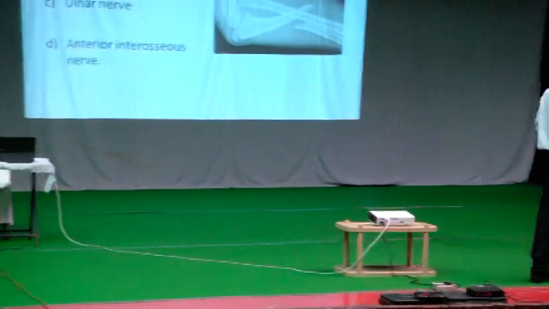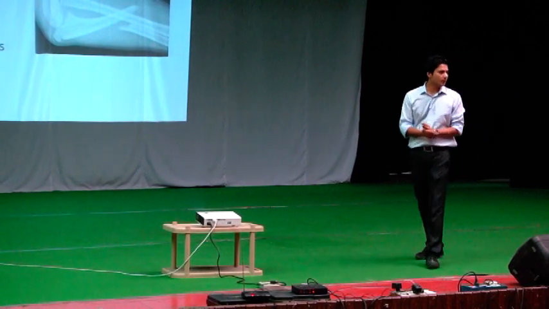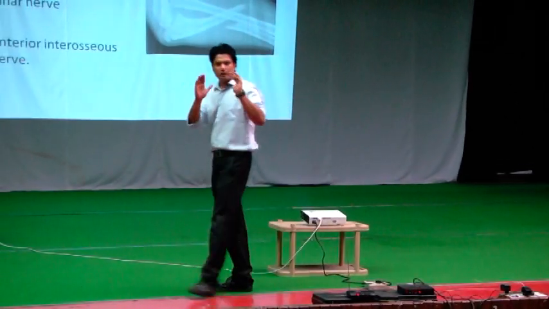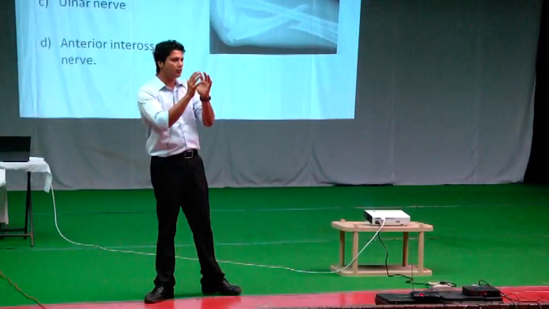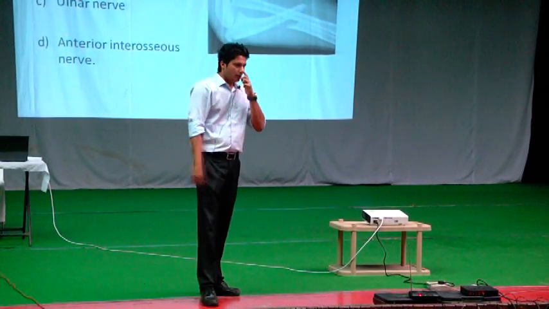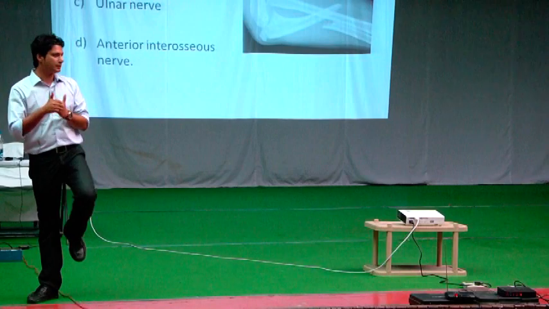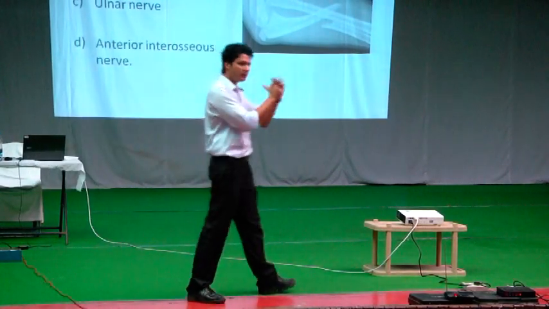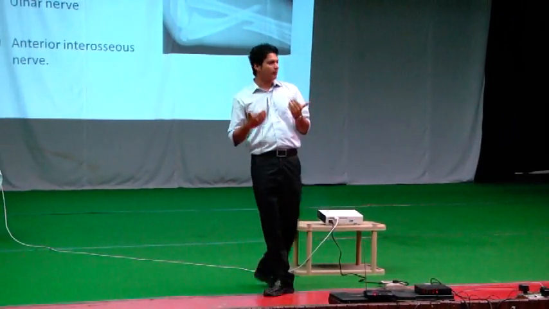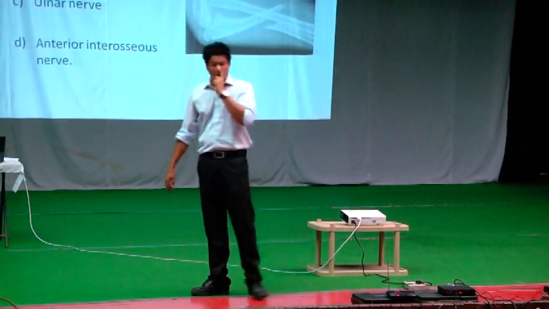Next, it is more common in first-born child. Why? Because of crowding. In the first pregnancy, the uterus is less expansile, so less space is provided to a child. He will try to accommodate in that less space by keeping his limbs abnormally flexed. If there is any predisposed acetabular dysplasia, vulnerable for dislocation, then beyond the level of normalcy, if he is flexing the limb, it may go into dislocation. So, first-born child. Then, oligohydramnios.